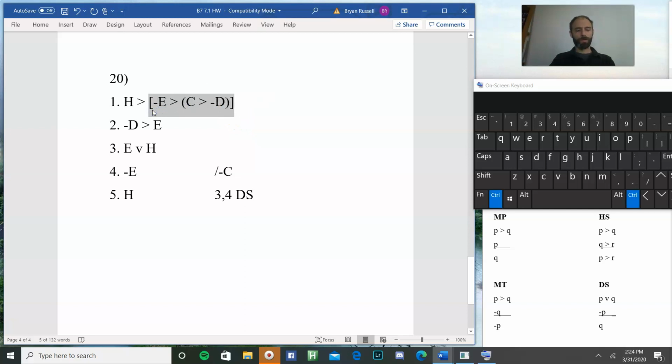So we'll go ahead and copy that down on line 6. And now we don't need the outermost brackets because they're no longer doing any work. So how do we do that? We did 1, 5, and